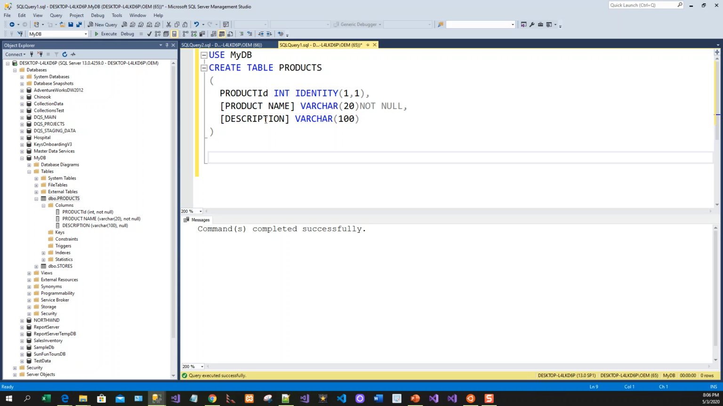Now I'm going to alter the table products by adding two more columns, say quantity, which is of type int, and price of type money. So what I am going to write is ALTER TABLE. Let's write all in capital, so follow the same convention. I'll put the caps lock. Okay, so ALTER TABLE products,